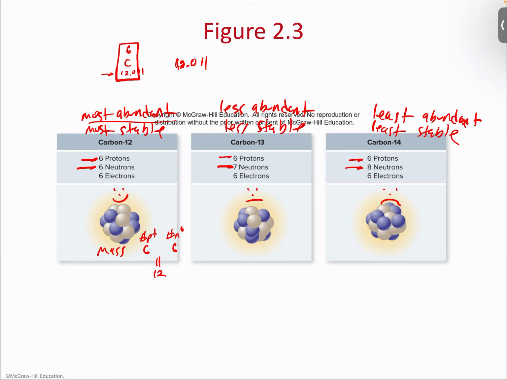Now, if you take a look at carbon 14, generally speaking, we'd say, wait a minute, if I've got too many neutrons, what do I want to do? What would be my solution to the problem? You're too big. What are you going to throw out? You're going to throw a proton out? You prefer not to, right? It depends on how unhappy you are. But no, you would probably throw out what? A neutron, and that's basically what happens. So you're going to take a